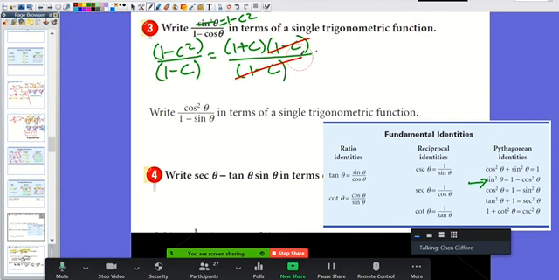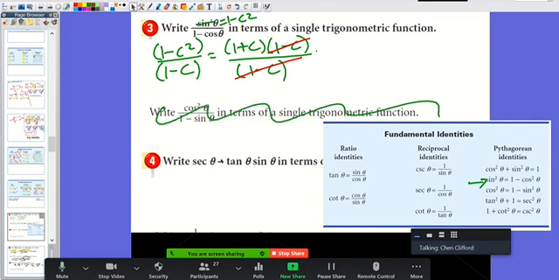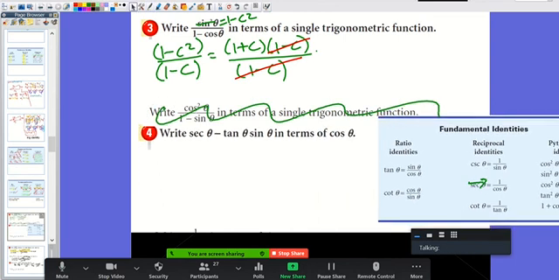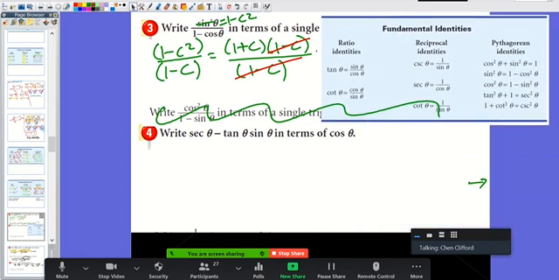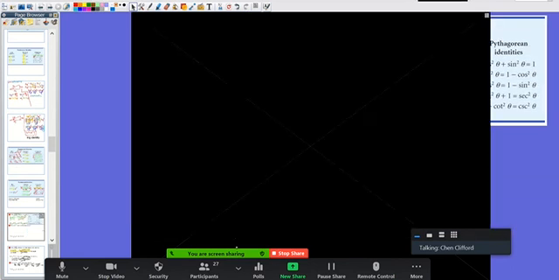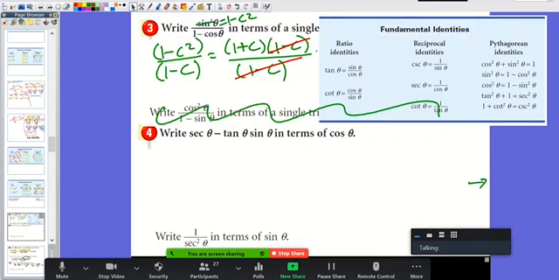Now, the second example is pretty much the same exact thing, just using cosine now. Let me move that up here, and let's look at this guy here. Write secant minus tangent times sine in terms of cosine. Okay, so secant is going to be